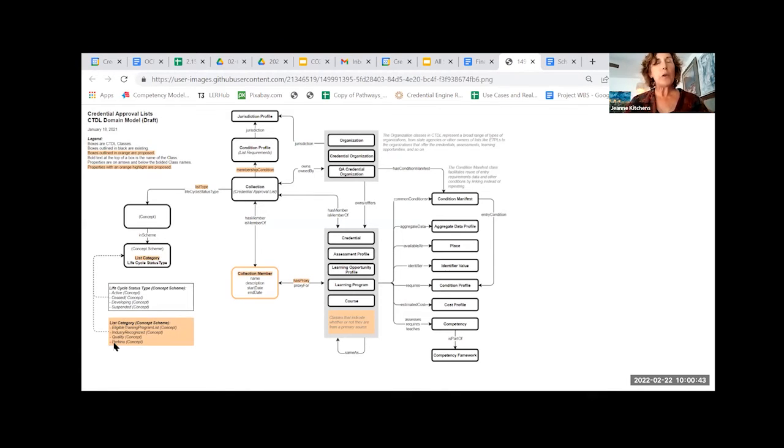And in our proposal, I believe we have additional types of lists that have come up as well, but you can see them here on the left. And what we need to be able to do is allow a way for the list owner that may not offer the credential to describe these things. And whenever possible, point out the version of that credential as it is described by the owner of it.